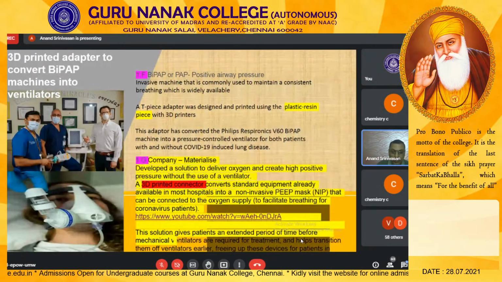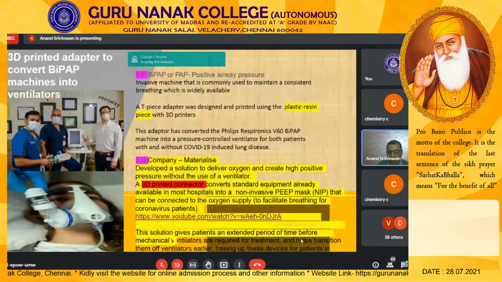So this was the product which has been put into use in the recent past. Credit goes to the chemists and physicists. As I told you, being a chemist, you should be really proud. We are the ones who can support those doctors in this situation. In fact, for the drugs and all, our role is very important.